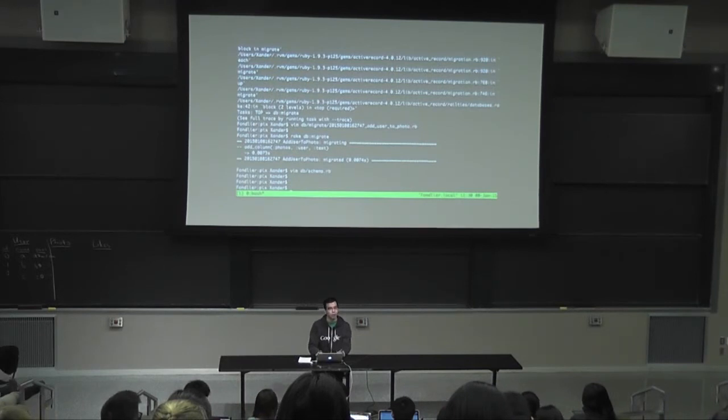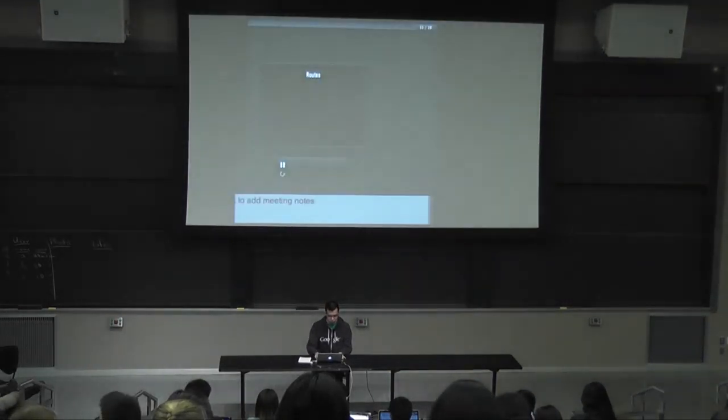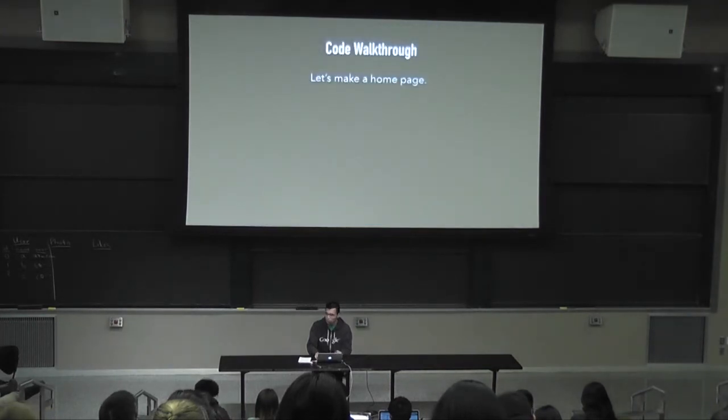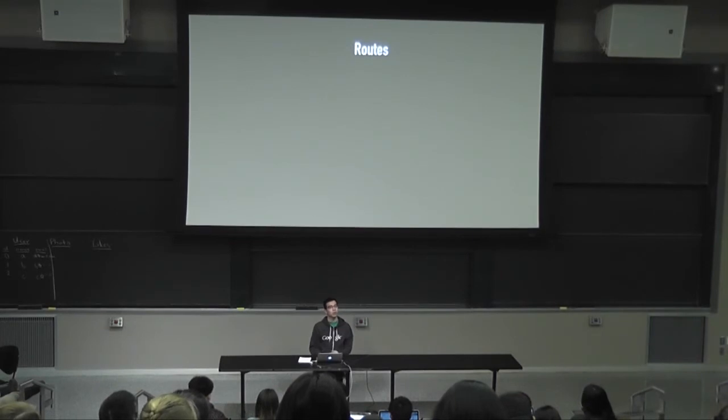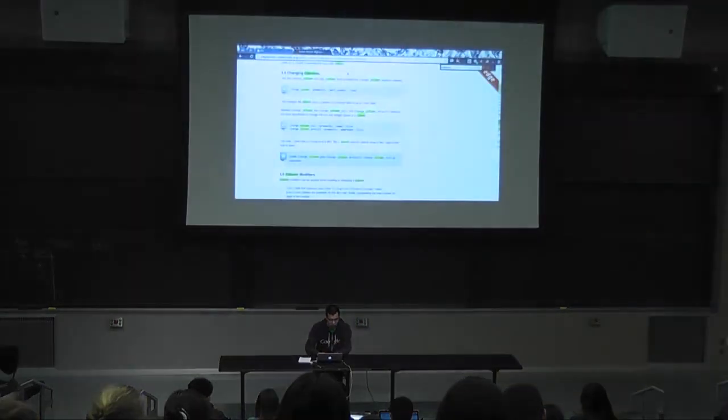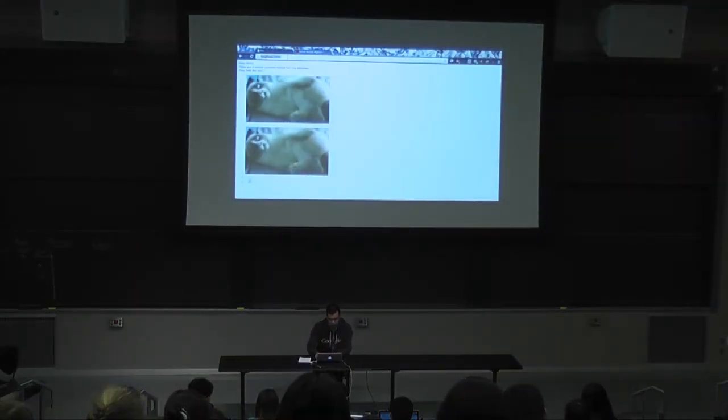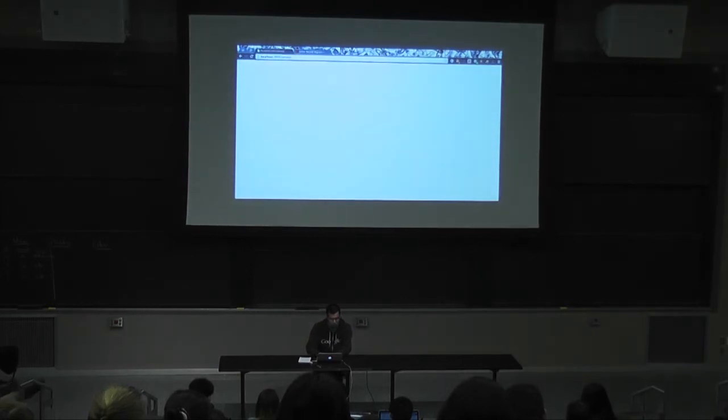Okay. So that's the basics of how Rails works. So in review, to make a new page on a Rails app, we start with a route. What the route does is it takes the URL that you're given. So if you want to go to localhost 3000/photos,